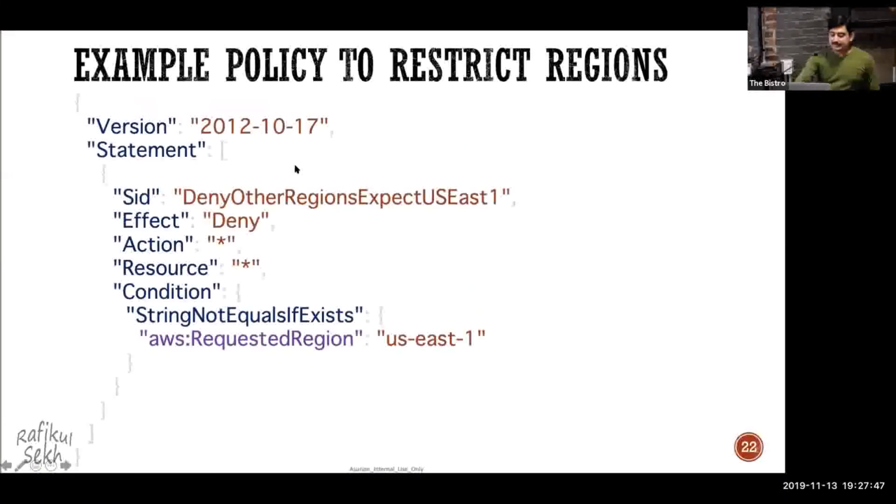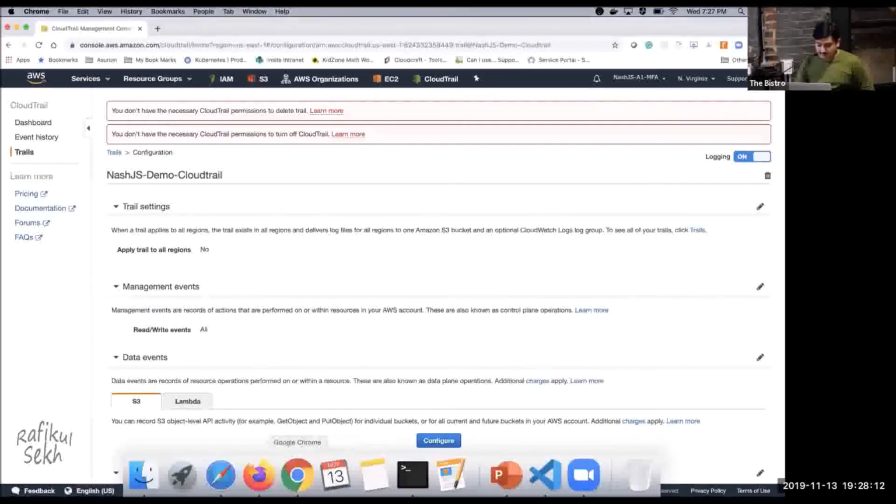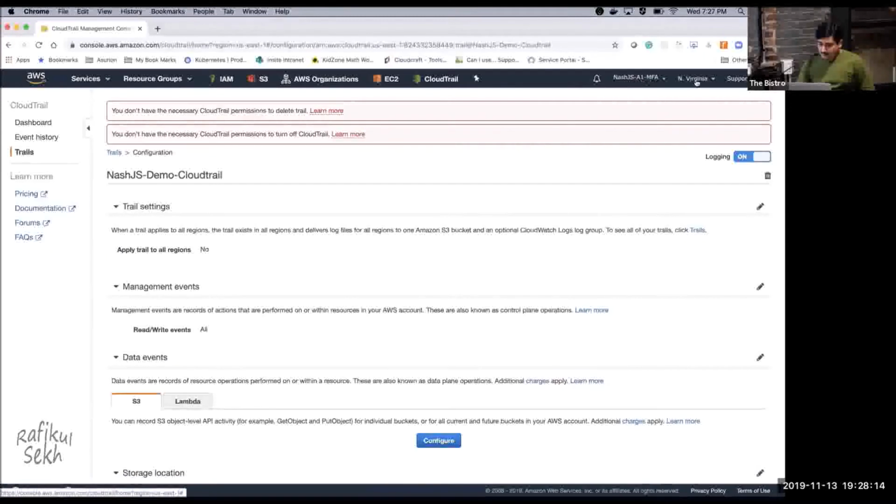Also, we could write something like this, that when we want to just allow creating resource or using resource from one particular region, or one or two, we can specify this as an array, so it will be an OR operation. If we specify this particular condition, we will be restricting to that particular region. Now, if I go back to the presentation, and